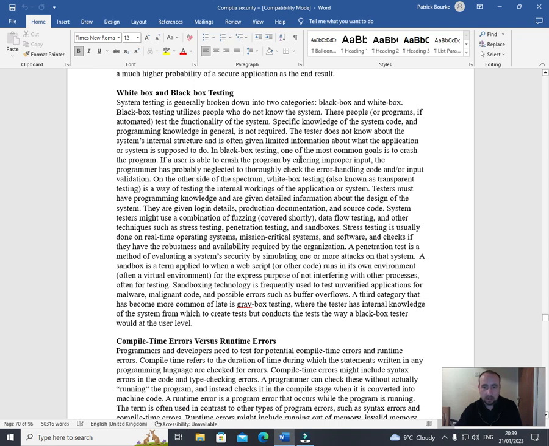In black box testing, one of the most common goals is to crash the program. If a user is able to crash the program by entering improper input, the programmer has probably neglected or not thoroughly checked the error handling code and/or input validation. On the other side of the spectrum, white box testing, also known as transparent testing, is a way of testing the internal workings of the application or system. Testers must have programming knowledge and are given detailed information about the design of the system. They are given login details,